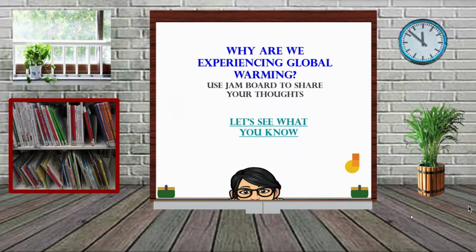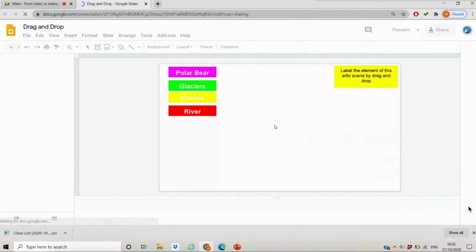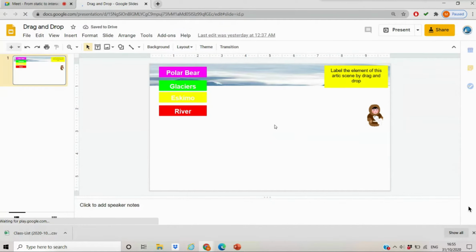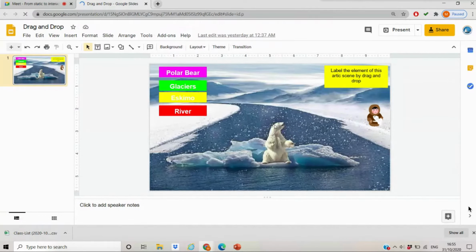So let's see what is the second part of curiosity, when I want my students to know whether they are aware of the vocabulary or not. So again, I have created a hyperlink here for my students. And a picture is there. All these activities will be shared with you, inshallah, with a drag and drop, whether they understand what Arctic elements look like. So they can drag and drop pictures